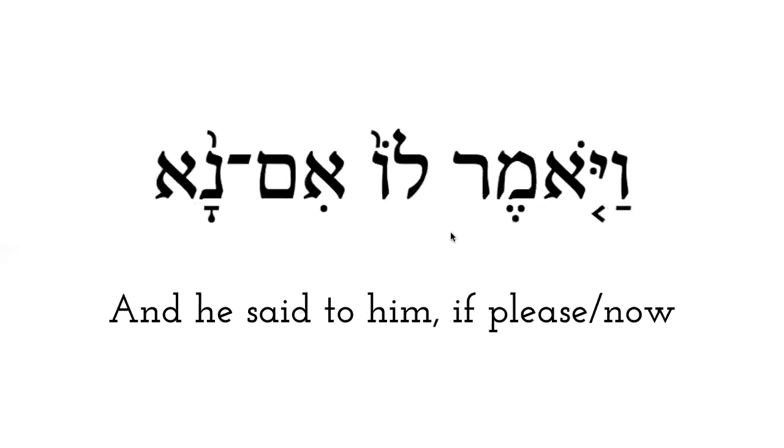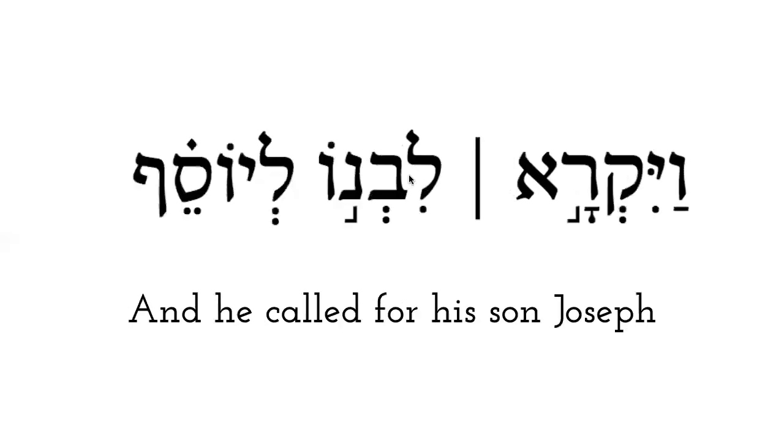And this is another very common verb in Hebrew, also in this form. This is vayomer. The accent is on yo, vayomer. And it means, and he said. So vayomer, and he said, and again yomer would be he will say, and vayomer is and he said. Okay, and he said,